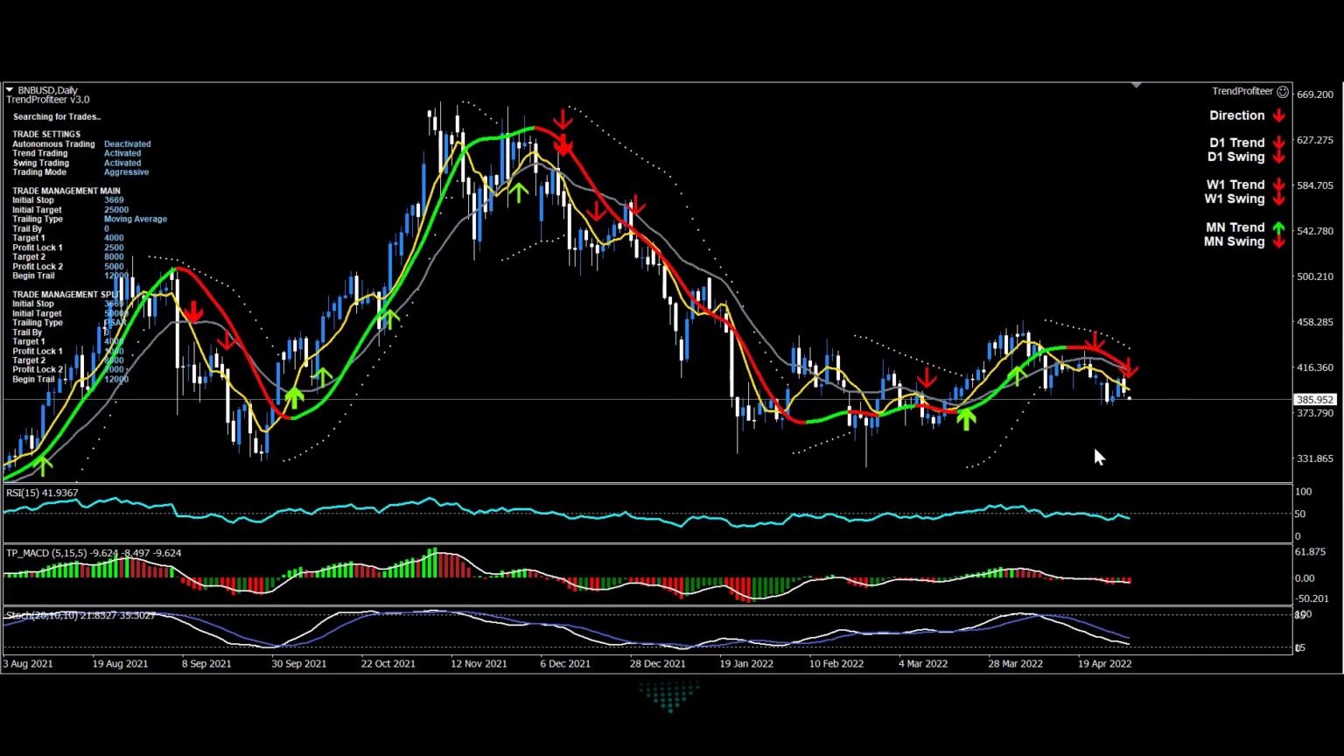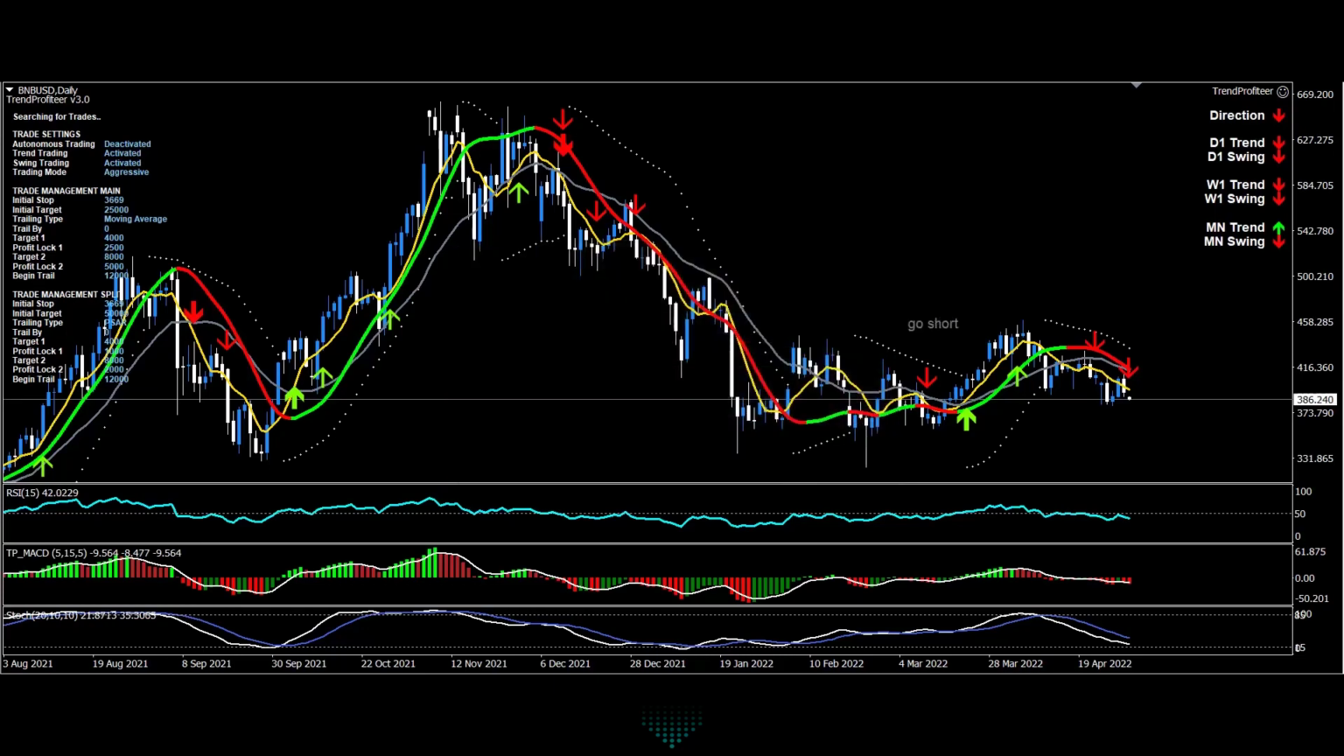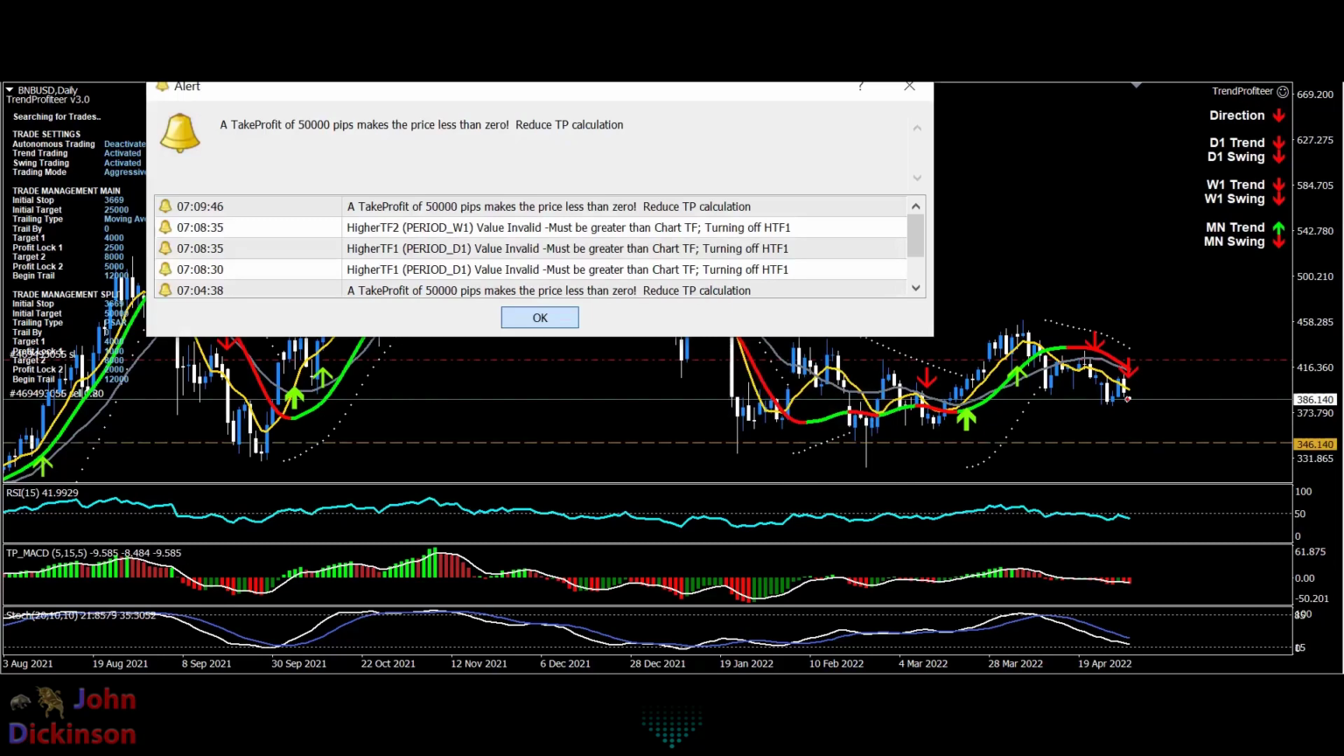I'm just about to take a Binance trade, that's BNB USD, and an alert's come up. I haven't taken it, but I can just click the text icon in my MetaTrader account, click the field, type in go short in the name field, and then copy that over to the text field, click OK, and boom, there's the trade. Stop loss has been